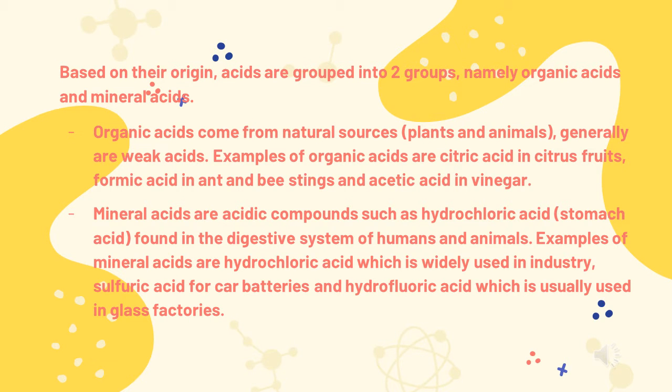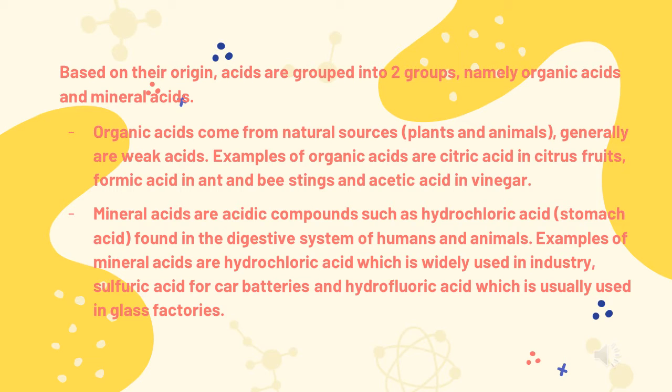Based on their origins, acids are grouped into two groups, namely organic acid and mineral acid. Organic acids come from natural sources, plants and animals, and generally are weak acids. Examples of organic acid are citric acid in citrus fruits, formic acid in ant and bee stings, and acetic acid